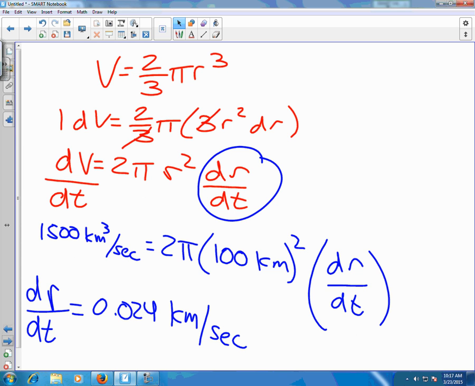So at 500 kilometers, and we can actually do both. We can do 500 and 5,000. We know that the radius is changing by this much. And so if you're 500 kilometers from where that eruption occurs, and you know that it's traveling towards you at 0.024 kilometers per second, to figure out the amount of time,